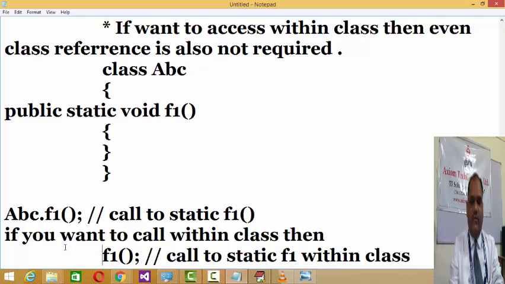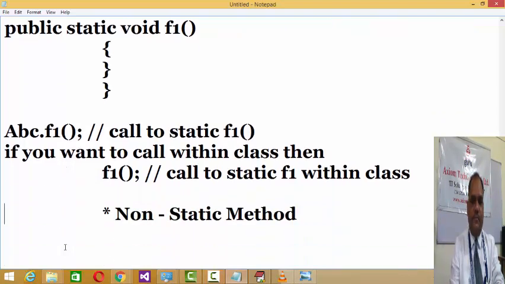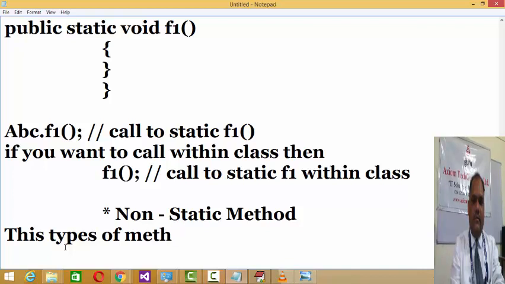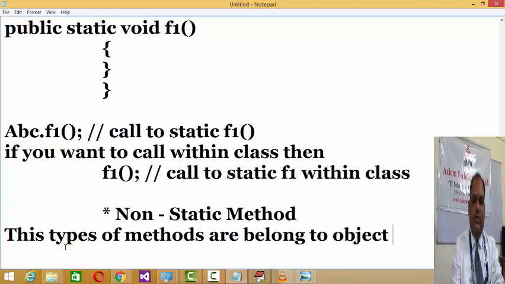But in case of a non-static method, these types of methods belong to the object, not to a class.